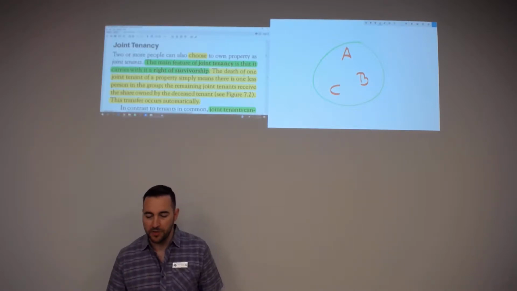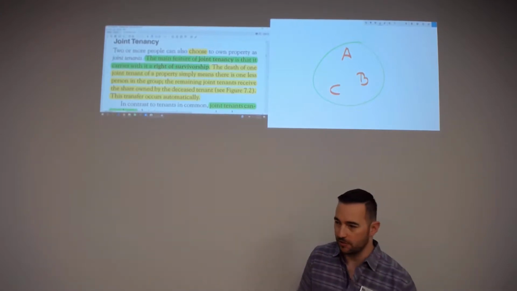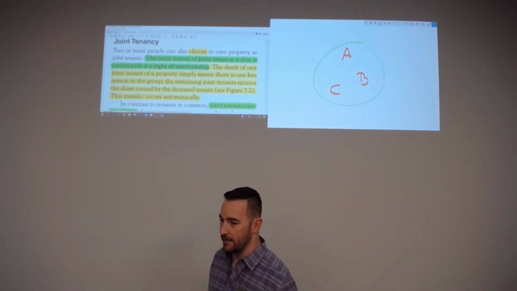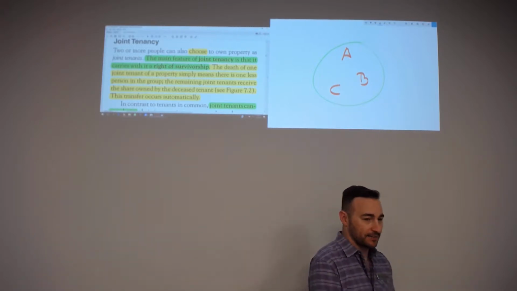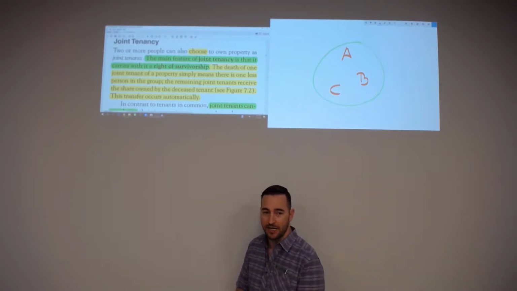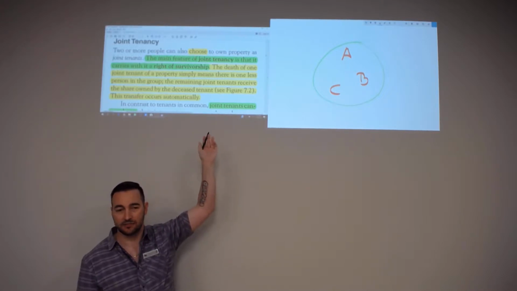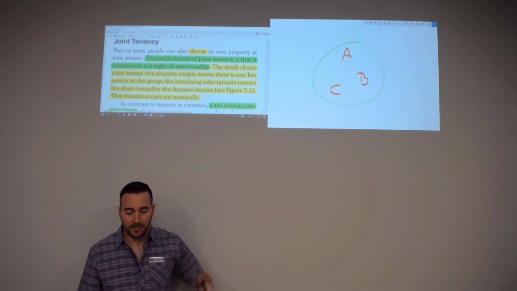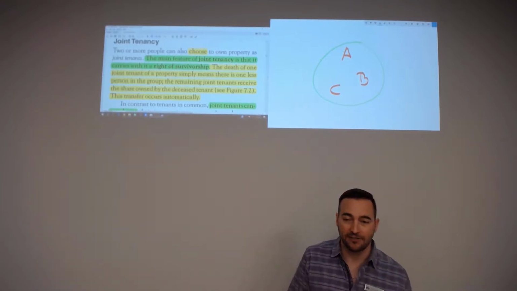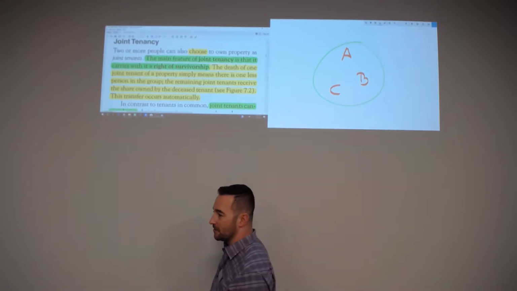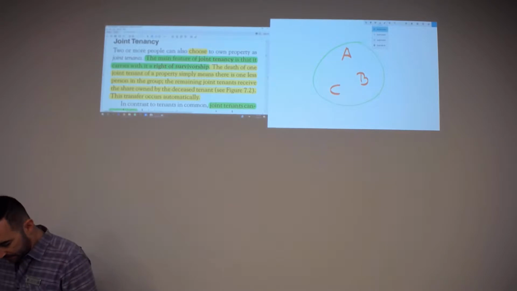Next, it says 2 or more people can also choose. See, JTs, you have to choose to be a JT. A tick is automatic. When 2 or more people not married to each other acquire property, they become ticks automatically. If not, they can choose to be JTs. Election. Okay? The main feature of a joint tenancy is that it carries with it the right of survivorship. What does that mean? It means that